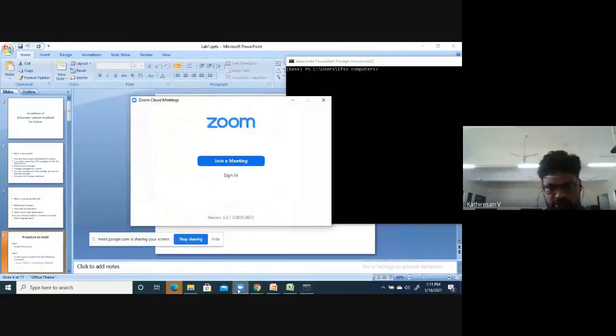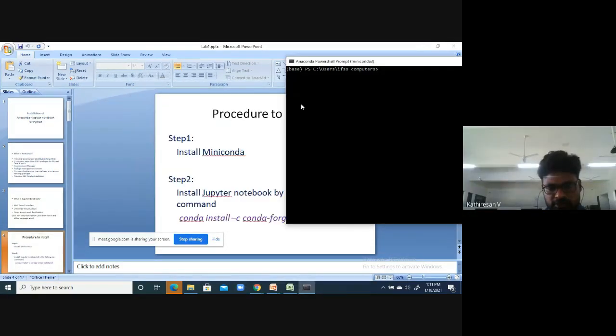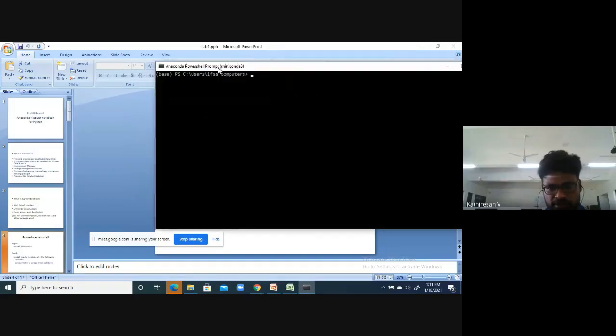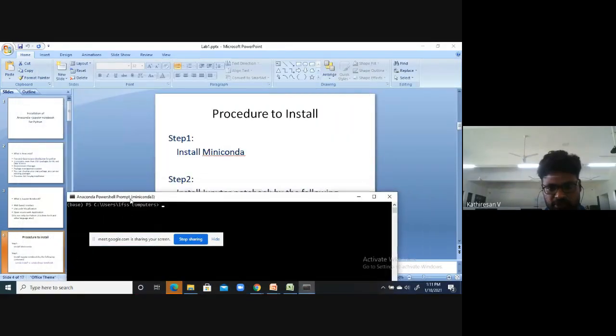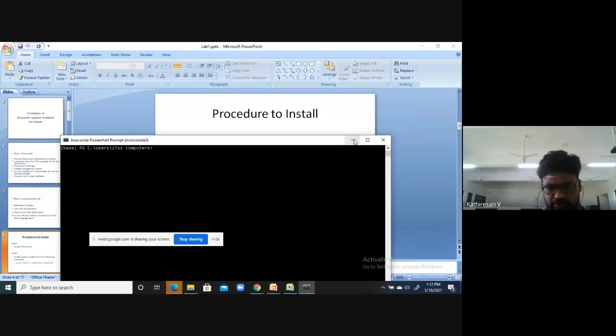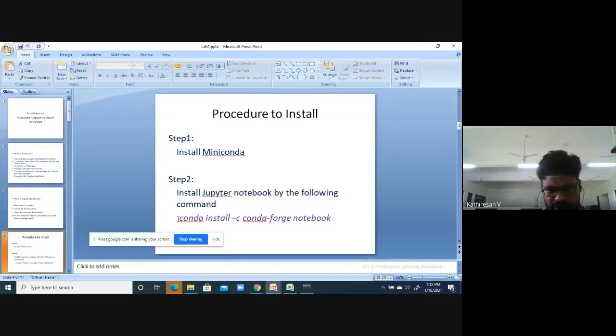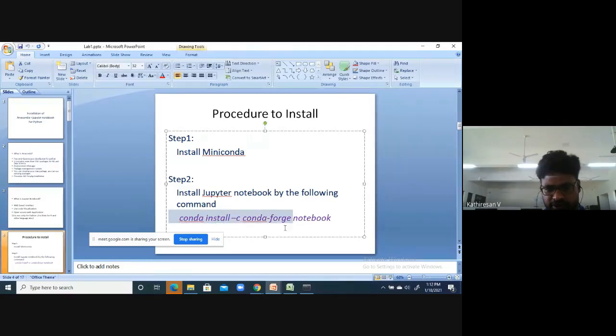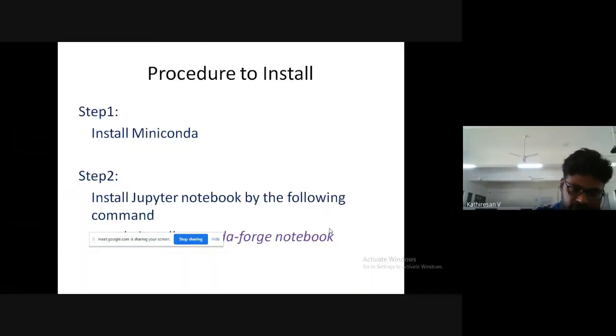Yes, sir. Good. Once you get this window, you have to type this particular command: conda install -c conda-forge notebook. This is the command used to install Jupyter Notebook. Install Jupyter Notebook with the following command: conda install -c conda-forge notebook.